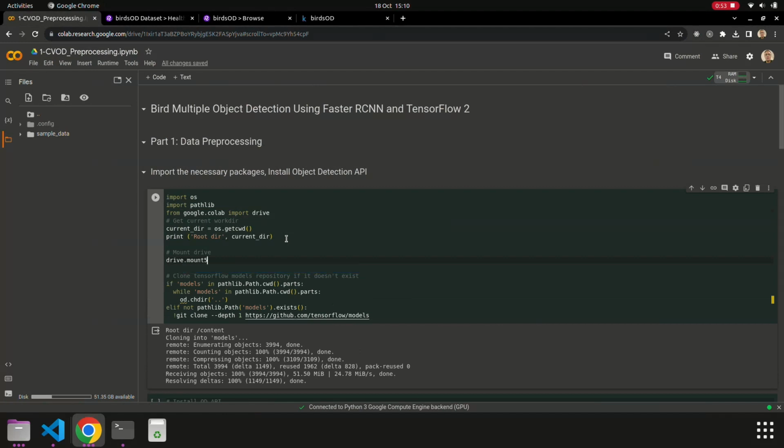So here we import the drive library from Google Colab and try to mount the drive,